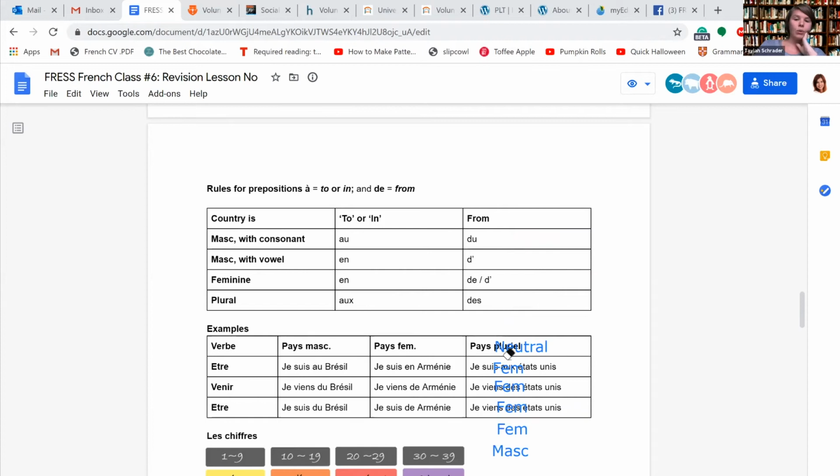This is relating to how to tell someone where you're from. This relates to what we call prepositions, which is to say that you are in something, you are from somewhere, you are going to somewhere. So to, in, and from are English prepositions, and they function very similarly in French. So à with the accent means either to or in, depending on, again, feminine, masculine, the type of sentence you want to tell. And de means from.